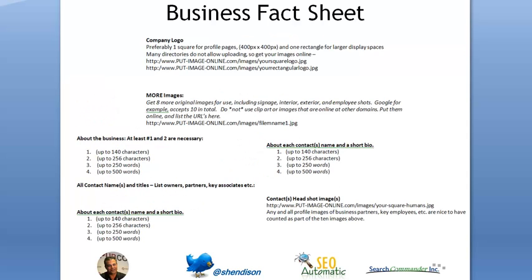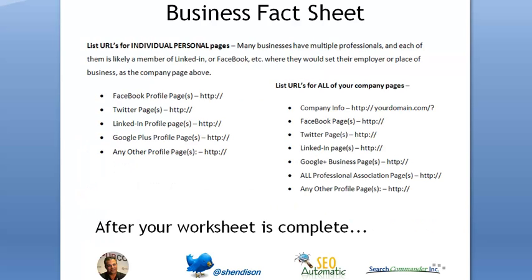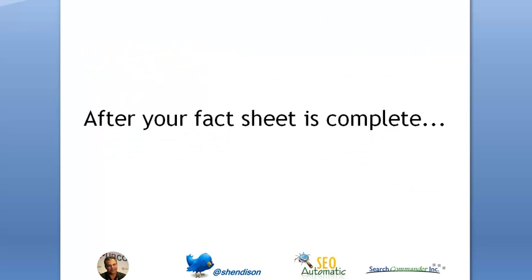It talks a little bit about writing a short description and a long description, and a biography for your key employees. Put your Facebook page, Twitter page, all that stuff, in one place on one worksheet so that you can easily copy and paste from there. And when it's complete,